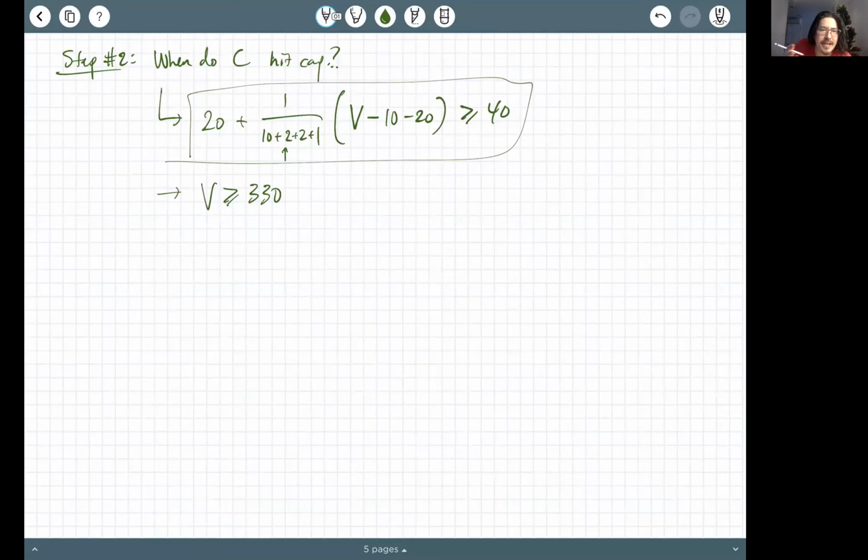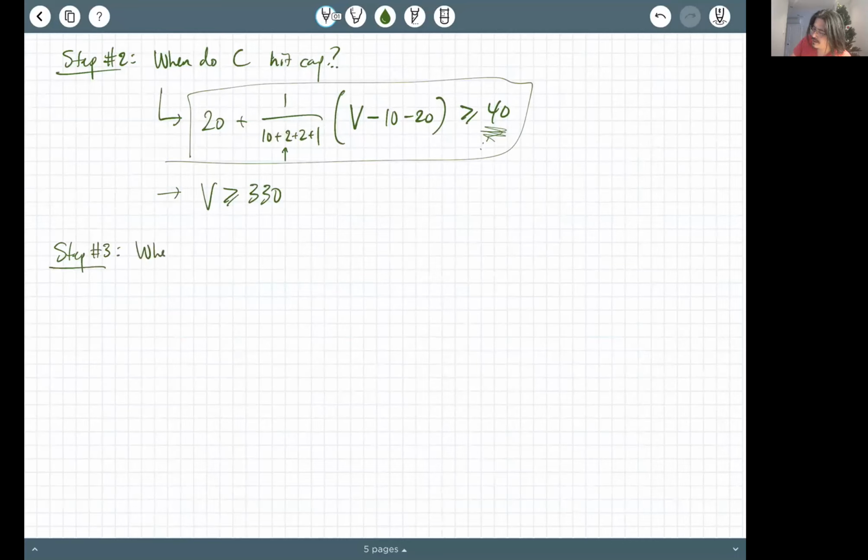Now, what's the next thing that happens? Again, we know exactly what the next thing is going to be, because once C hits their cap, they eventually will want to just give up their cap and instead just take shares, right? If the company is valuable enough, they're better off taking 1 million shares than taking 40 million as their cap preference. So now our step 3